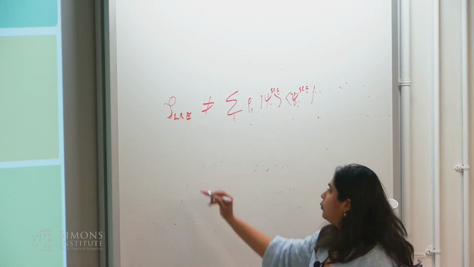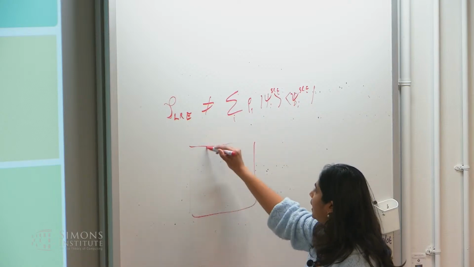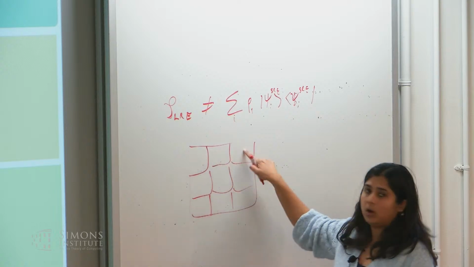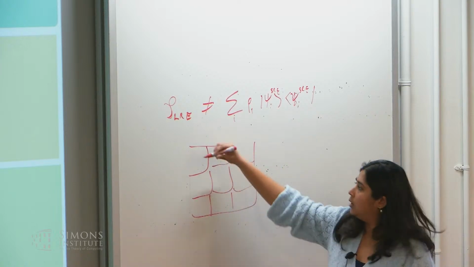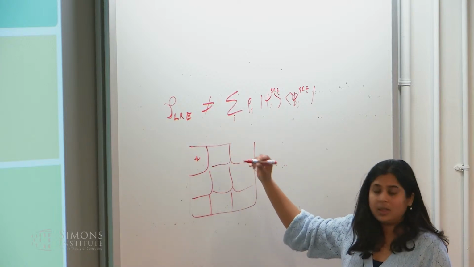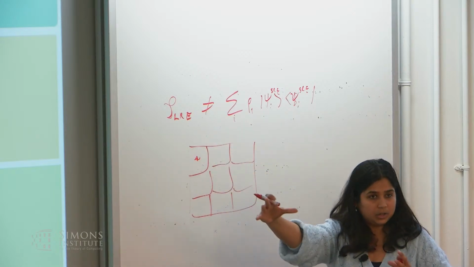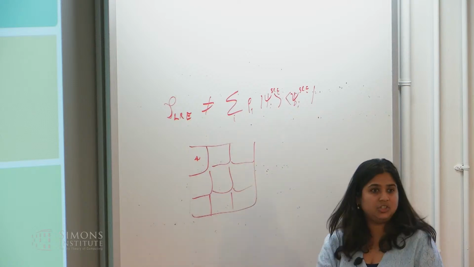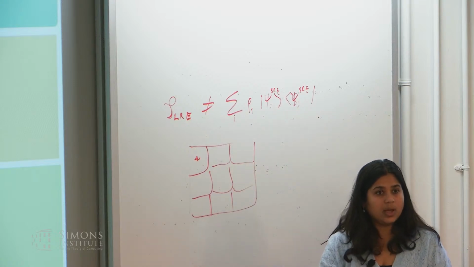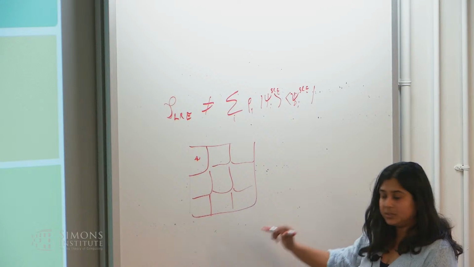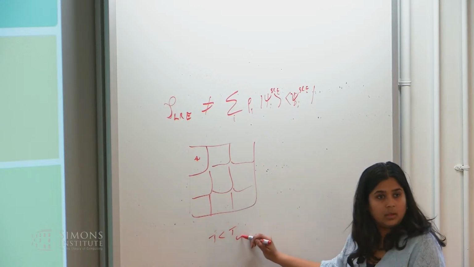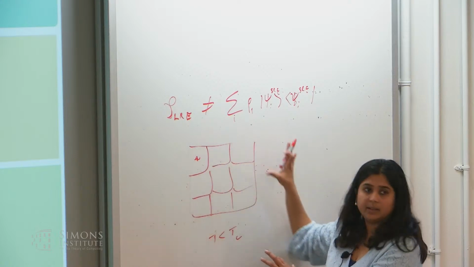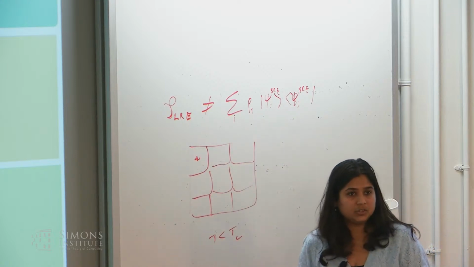So for instance, for the 4D toric code, just imagine tiling your system into boxes, okay? And within each box, you can put a toric code, okay? And by making these boxes large while still being order 1 in size, you can make the energy density arbitrarily low. So you have a state which is now below TC, but this is a short-range entangled state because I just got it by tiling different toric codes in different patches.